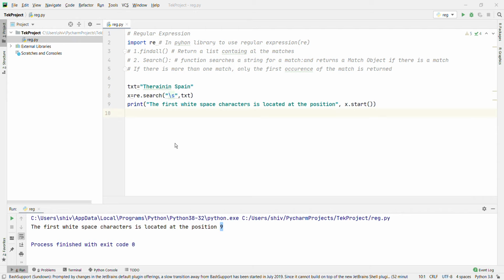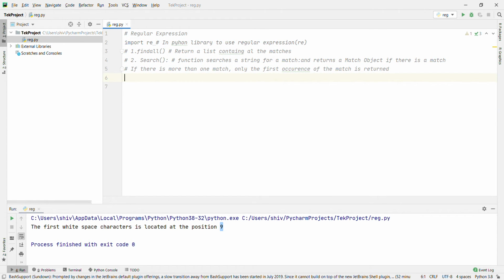Now I am going to show you another method, that is split. What will split do? Split returns a list where the string has been split at each match.